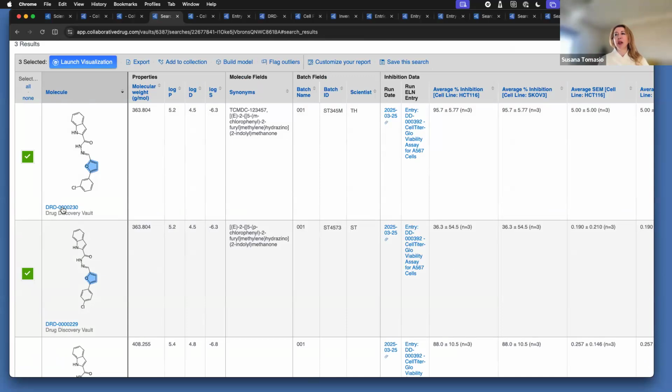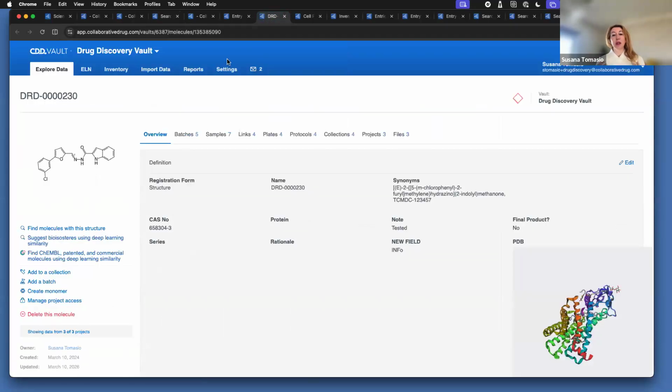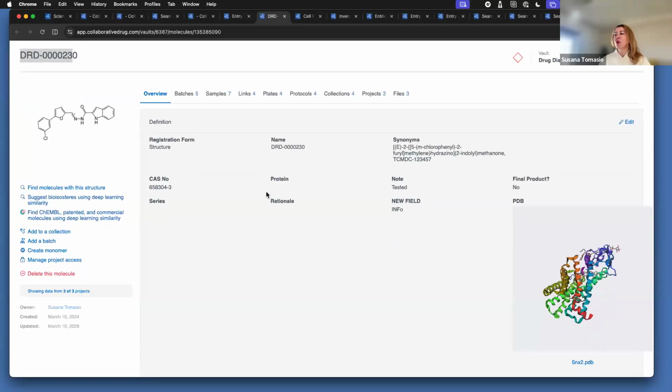Okay, let's now take a look at a compound that is registered in the system. So we can take a look at the registration. CDD Vault can be used for the registration of your entities. So this can either be the small molecules if you are working with small molecules, but it can also be cell lines, proteins, RNA, antibodies, and it will create automatically an ID. In this case, if the chemical structure is new, a new ID will be automatically generated. And also we will populate